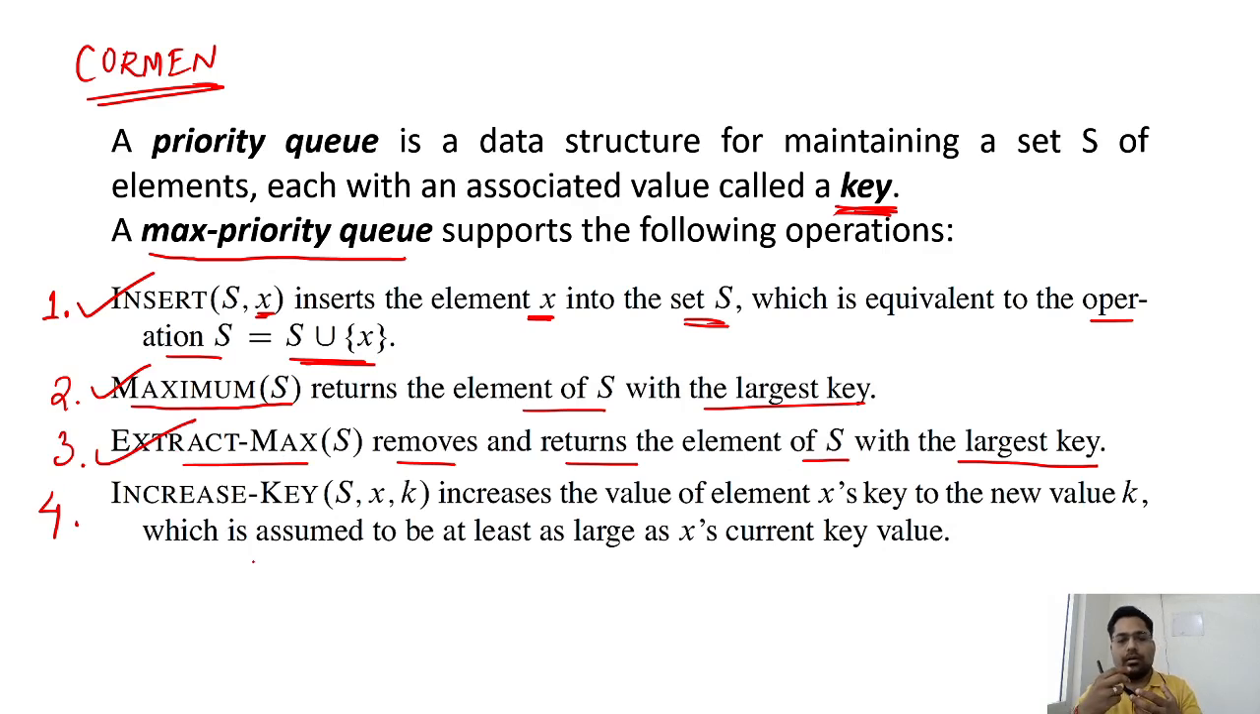And extract min means the minimum one we are trying to find out. So this is extract min for min priority queue. Here it is max priority queue, that's why it is written. And S is the set, or you can say S is the array in computer science form. Increase key means whenever we are going to add an element,